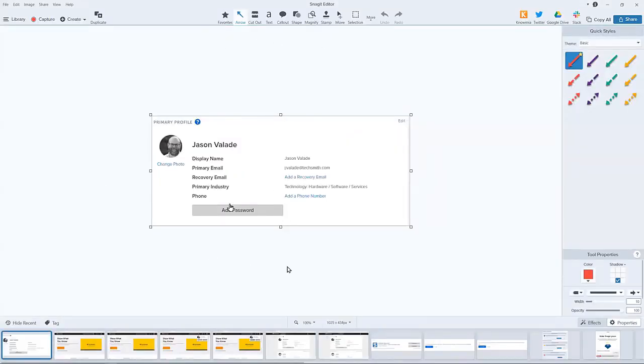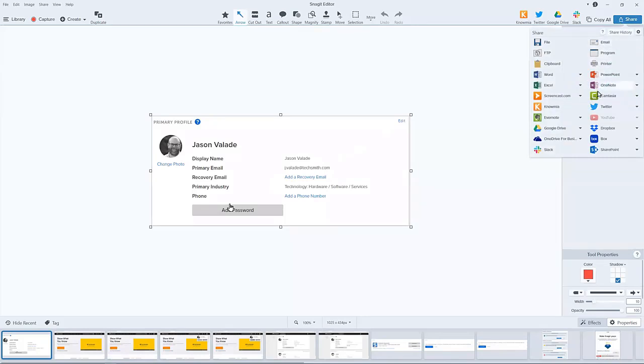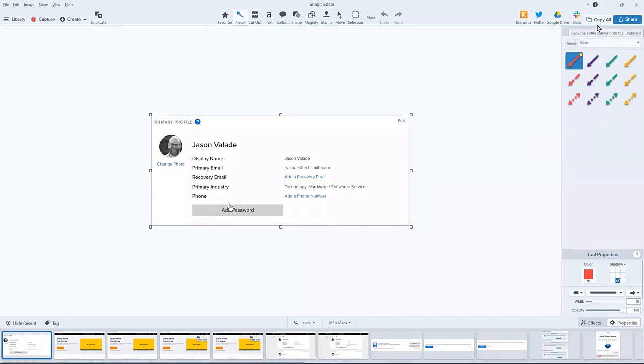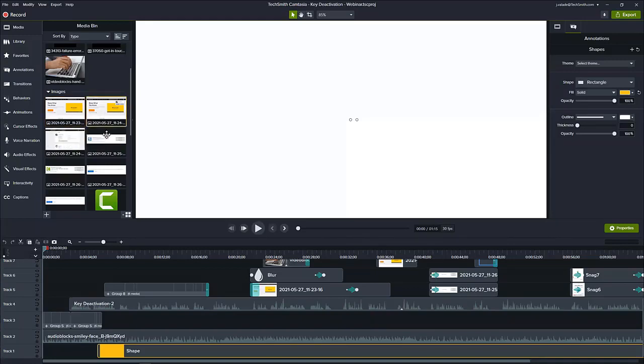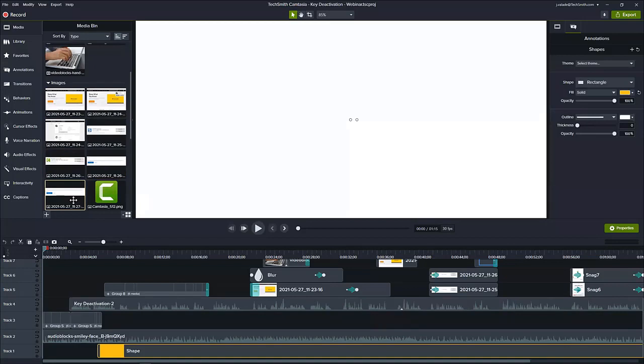And then once I did anything I needed to in this case, like if I needed to obscure anything, right now I do not have personal identifiable information on here. When I have the image ready to go for the video, I can go up to the share menu and click on Camtasia, as long as I have Camtasia installed, and Snagit will send that image right into Camtasia over here in the media bin. As a matter of fact, here's all those images that I sent over from Snagit for the video originally,